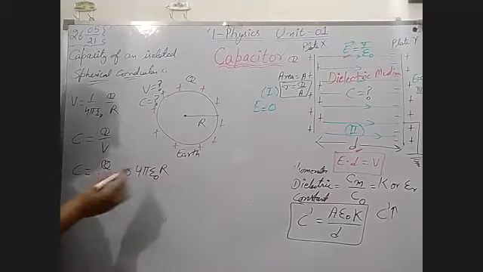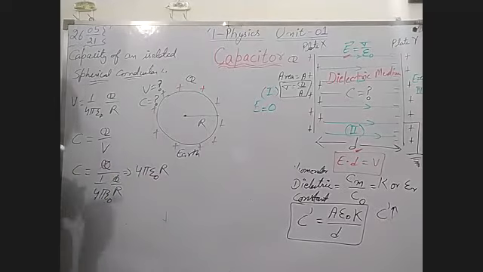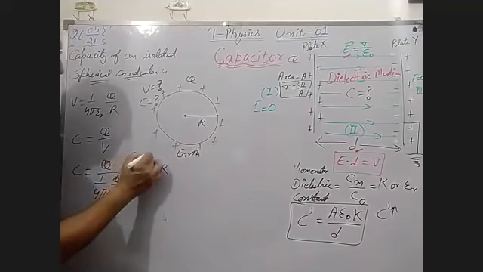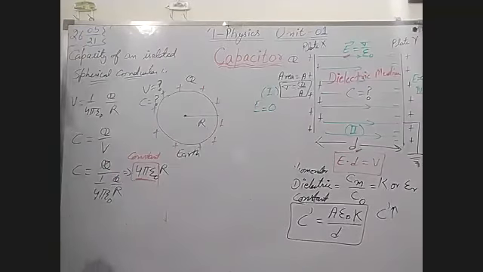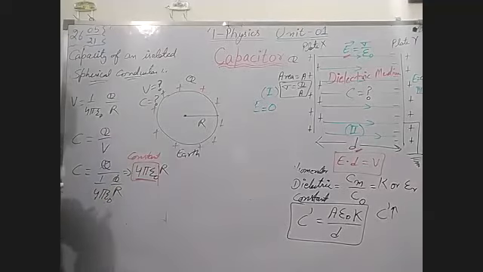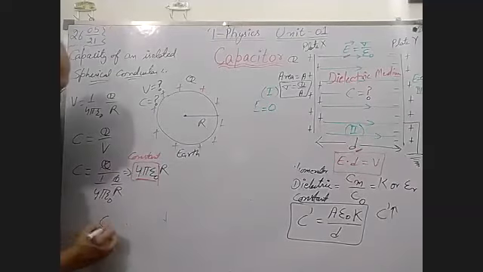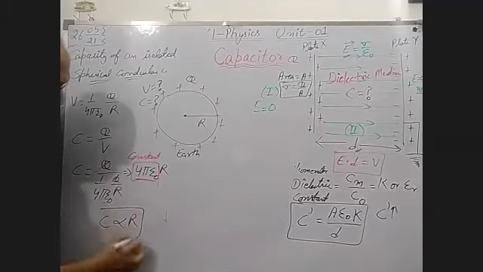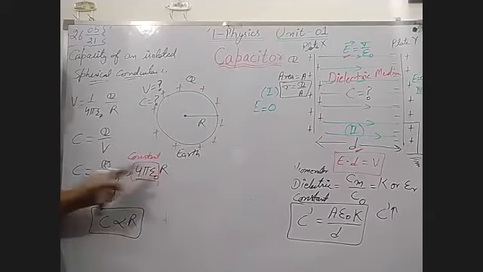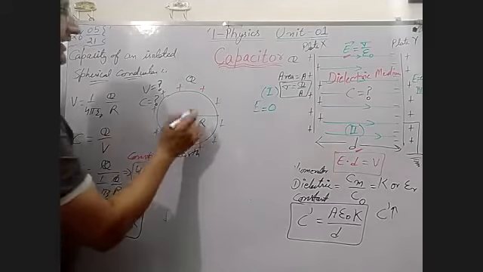4 pi and epsilon naught, these three things you can see here, all these are constant. Now the only remaining thing is distance, means radius of this conductor. So we can write that capacitance in case of a spherical conductor is directly proportional to its radius. If you want to calculate the value of capacitance, then put the value of radius, because you know very well